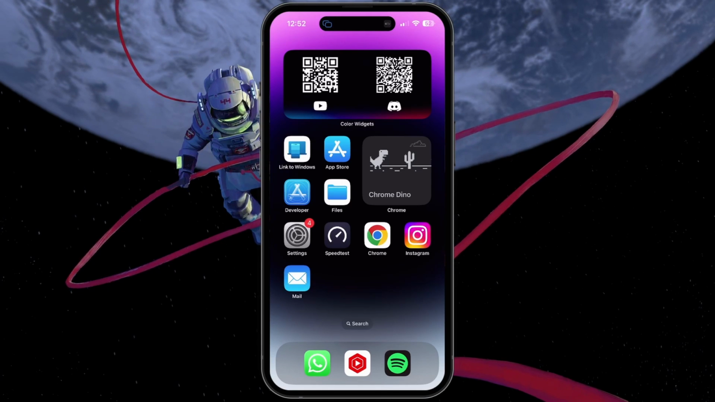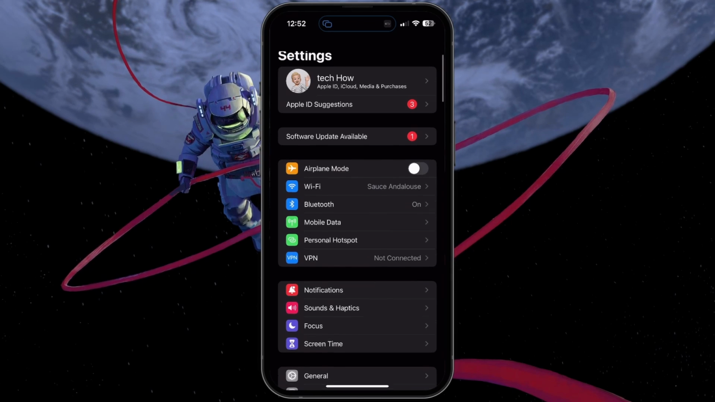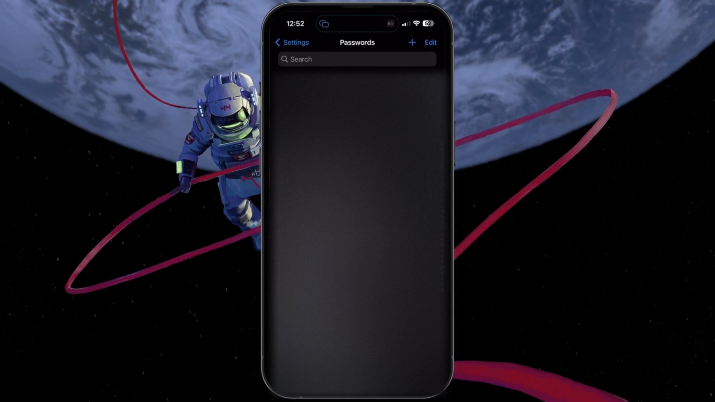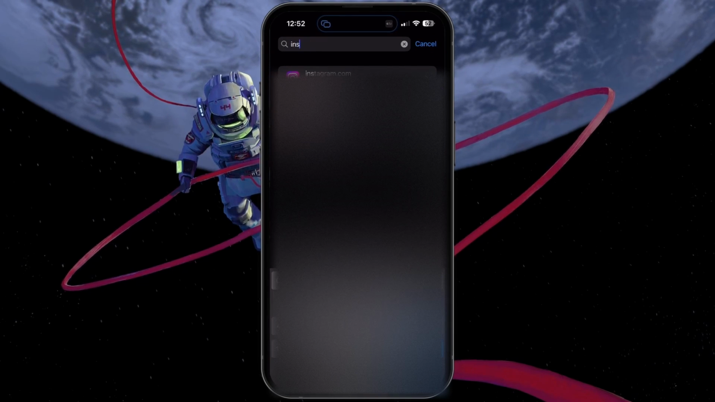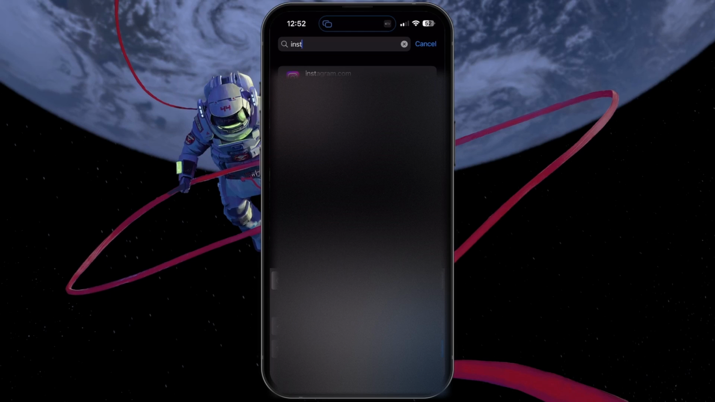the password. On iOS devices, open up your settings. Scroll down and select Passwords. Just like before, you can search for Instagram, Facebook, or Meta to find the login information for your forgotten Instagram